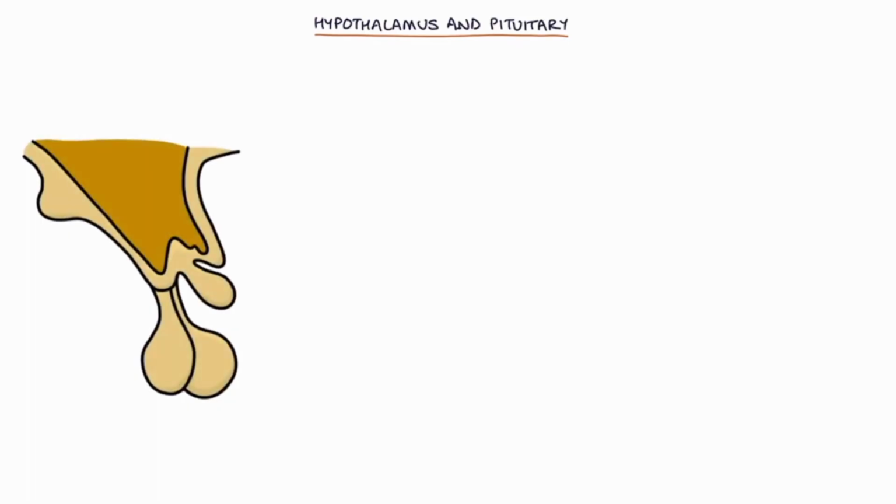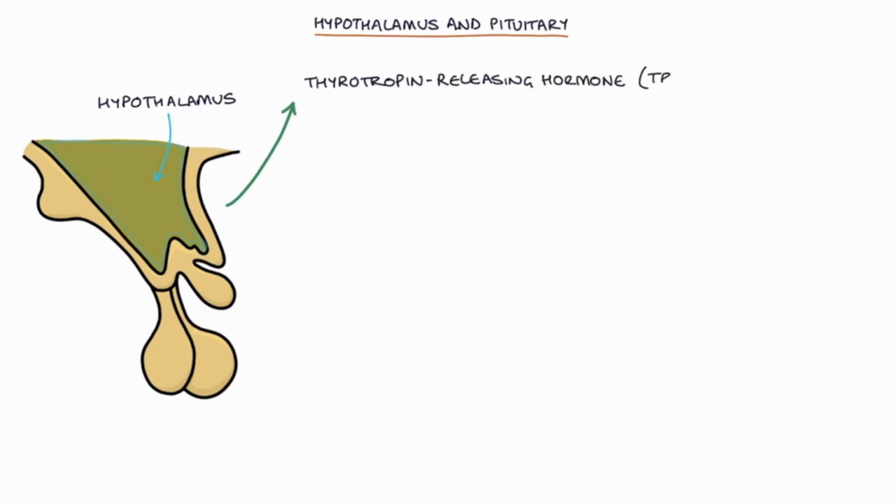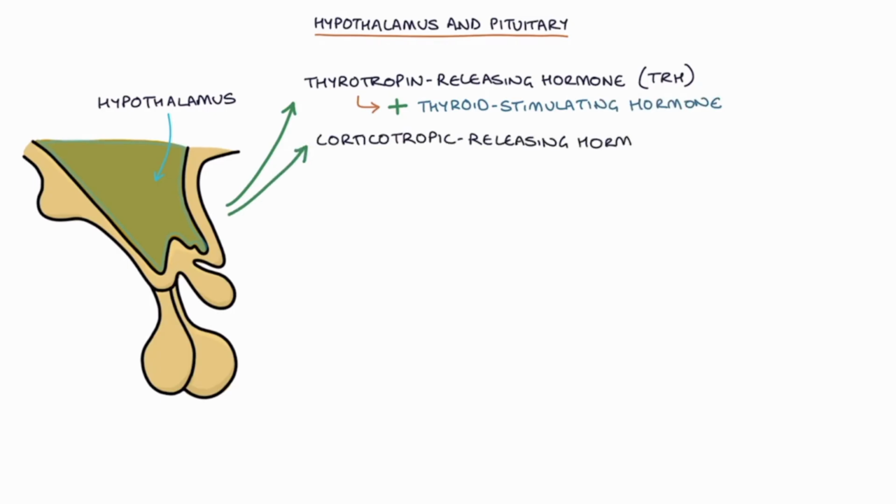Let's talk about the hormones of the hypothalamus. The hypothalamus releases thyrotropin-releasing hormone, or TRH, which stimulates thyroid-stimulating hormone secretion by the pituitary, corticotropin-releasing hormone, or CRH, which stimulates adrenocorticotropic hormone secretion by the pituitary,